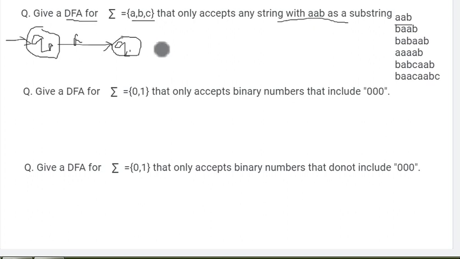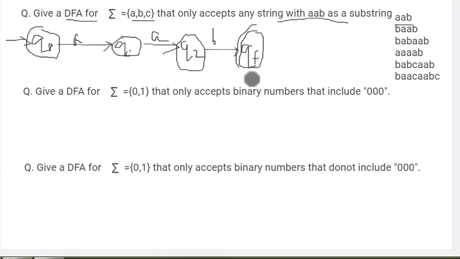At Q1 state, if I am getting A as input, I can move to the next state, I can name it Q2. At Q2 state, if I am getting input B, then I must move to the final state. Let it be QF. The final state I need to represent with a double circle, right? Okay, so this test is done.